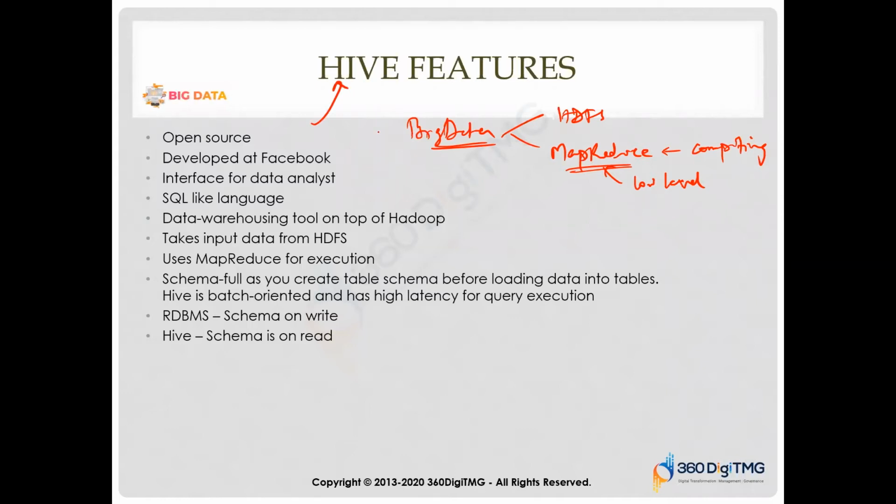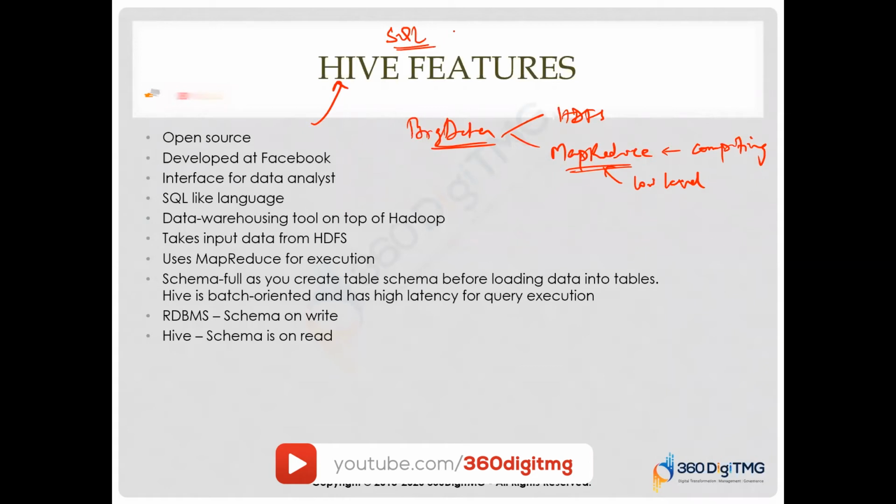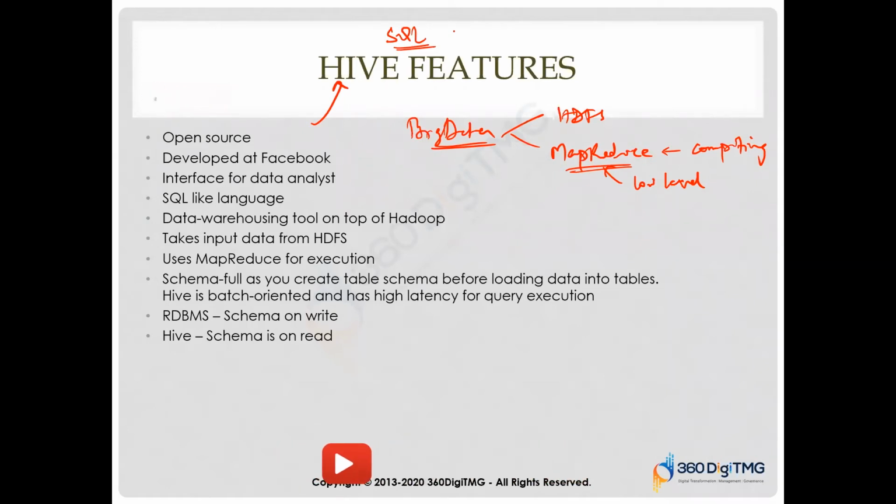Hive is very similar to SQL, but we cannot call it SQL. We call it SQL on top of big data. Now SQL is itself a standard, right? So on big data, when you're using structured queries to process your data, we call that HQL. The standard is called HQL. It is developed by Facebook and it is open source. It's freely given. You can download and start working on it.